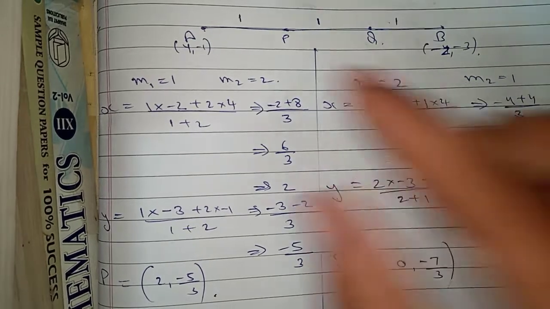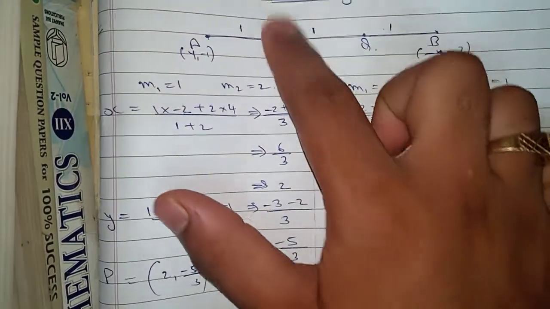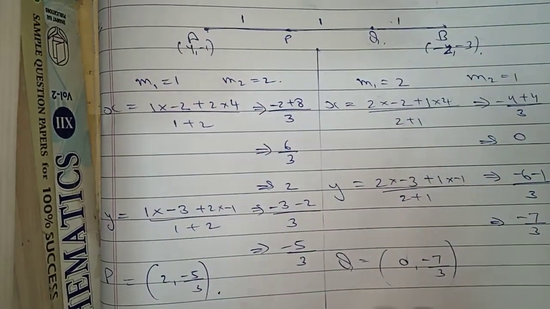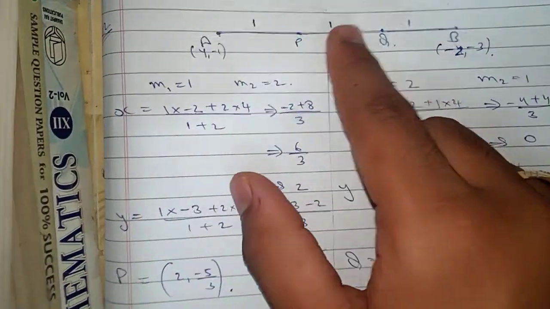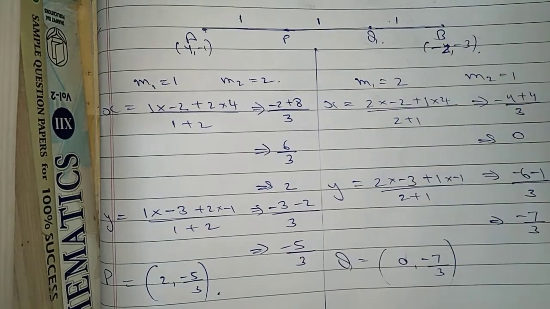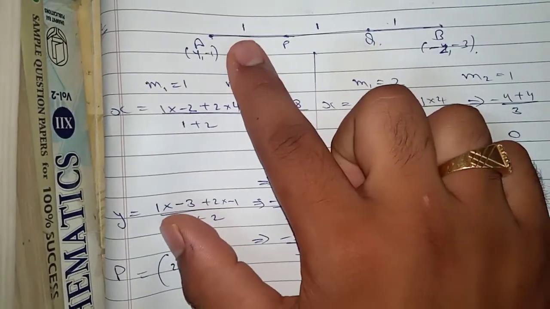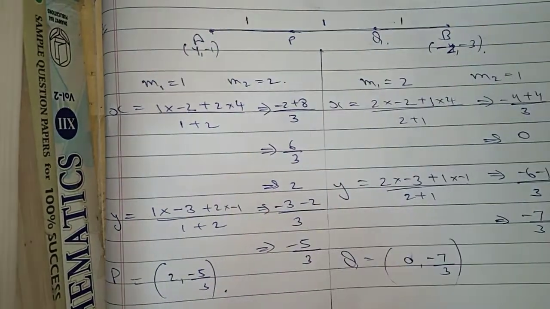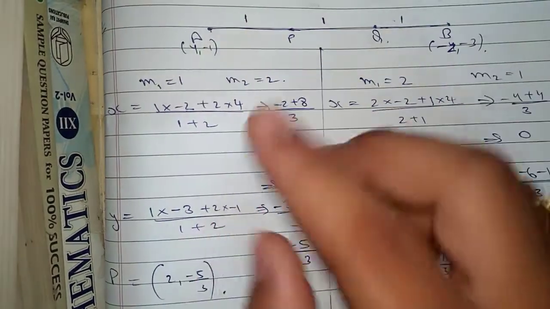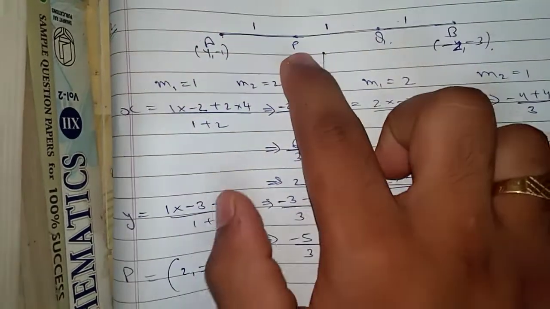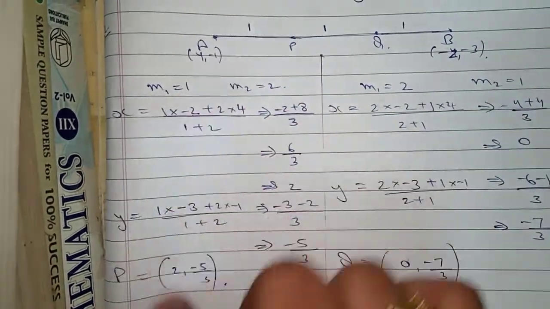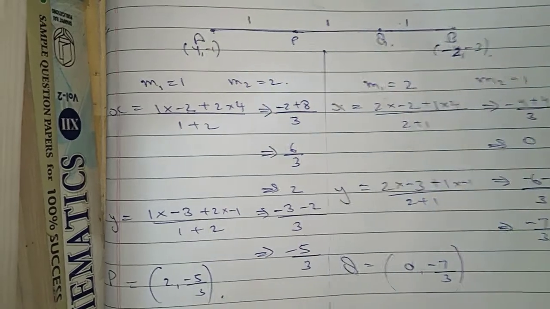These points are given, and one more thing, he said this is trisection. Trisection means a line divided into 3 parts. This is the first part, this is the second part, and this is the third part. There are 3 parts, so I will take all the parts as 1, because the ratio is not given in this question. He will not say what the ratio is in the question. So I will take 1, 1 and 1, because it is not given. Now I have to find 2 points. This one I will take as P, this one as Q. First I will find point P, then I will go for point Q.